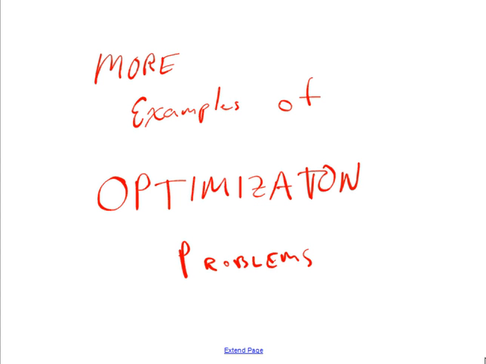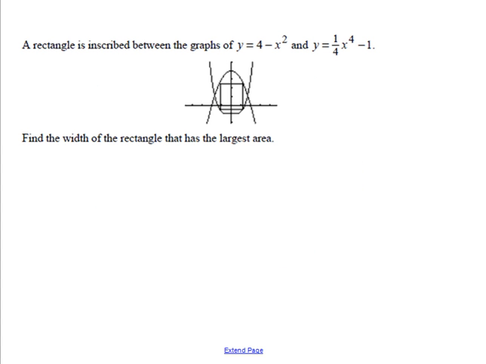Okay, so we're going to look at some more examples of optimization problems. And remember, optimization problems are when we're trying to find the maximum or minimum of some word problem or some geometric problem. So this is a classic type of problem where we have a rectangle that is inscribed between the following graphs. y equals 4 minus x squared, which is this graph,